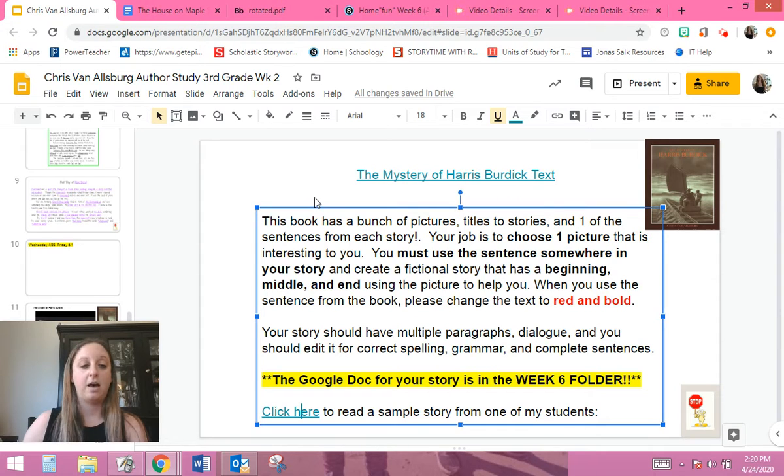The first day, I would say you should choose which one you want to do. Maybe do a bubble map, write down some of your ideas. Maybe Miss Chaudhry can help with that in her small group, and we can talk about it in our meeting also, on how to organize your thoughts. This is a fun activity. You get to choose whichever picture you want and write a story. I'm giving you 3 days to do it, so I'm expecting some super stories, and we can post them all so we can share our own stories with each other.